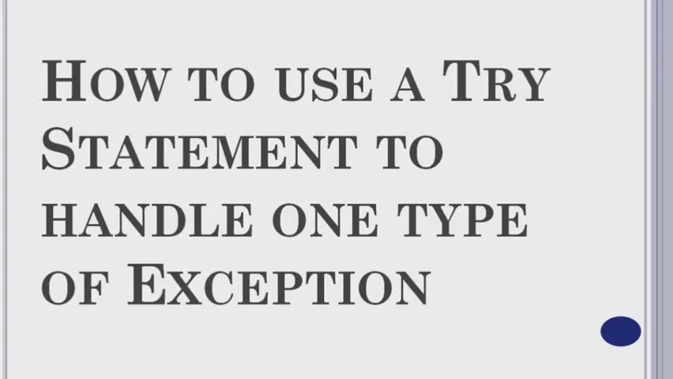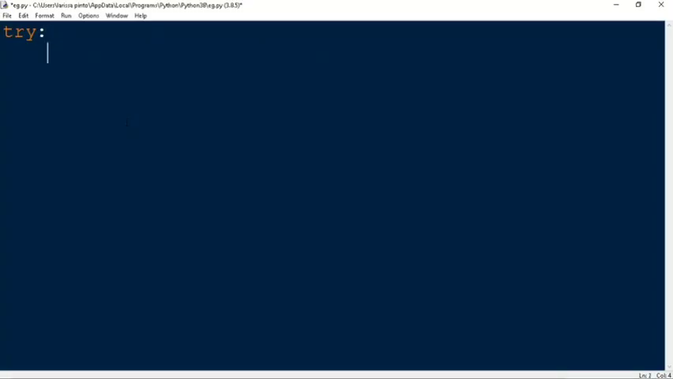How to use a try statement to handle one type of exception. Whenever an exception occurs in code, we can avoid that by using a try statement. So for that, the syntax for a try statement is we write try, and then you write the statements which you know will cause some exceptions to occur,